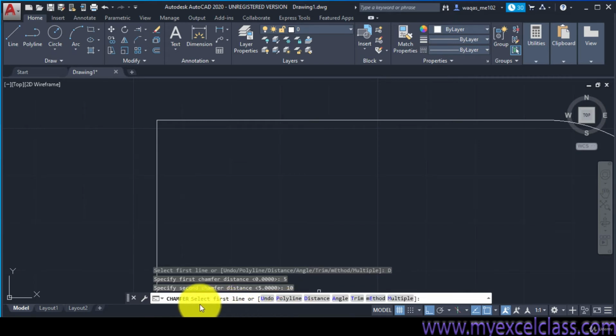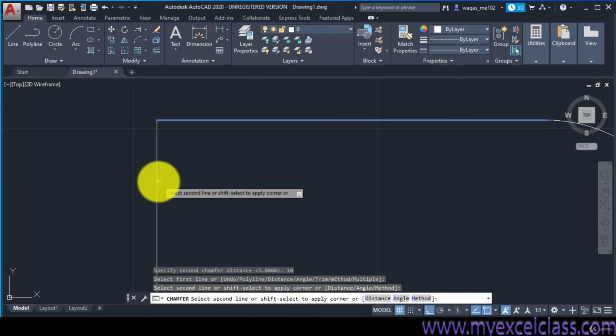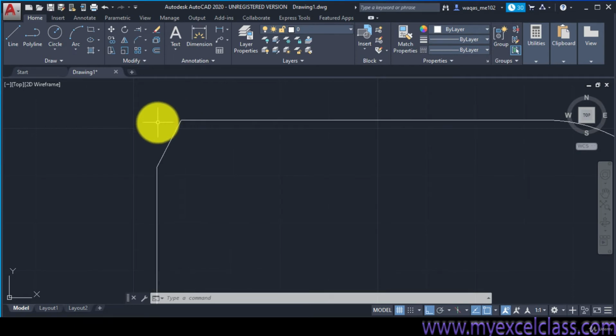And now it is asking to select the first line. So this one is the first line, click enter. And now it's asking to choose the second line, click here. Now it's done. Exactly 5 units from this corner, and this one is 10 units from this corner, as I mentioned while chamfering. So this was the chamfer command.